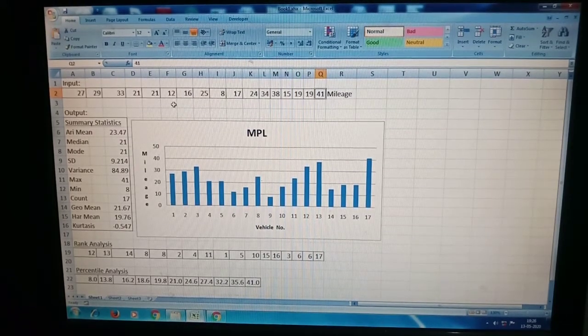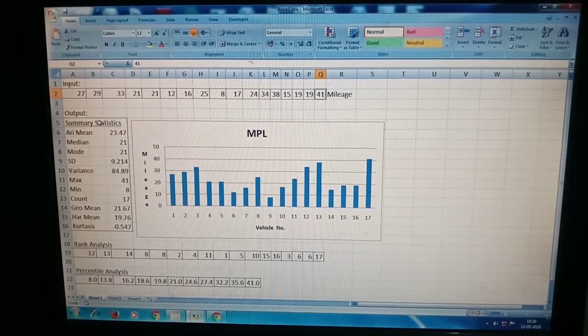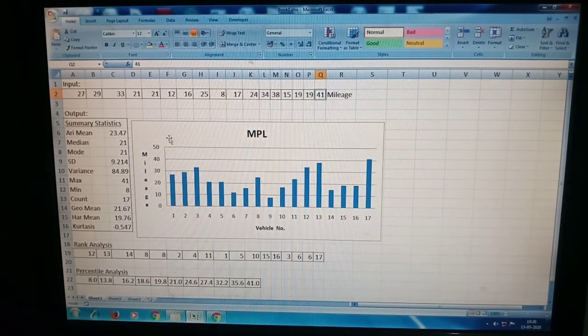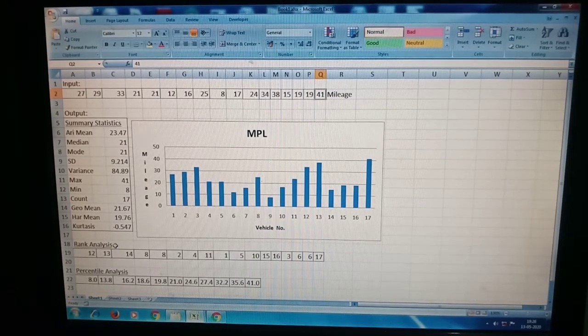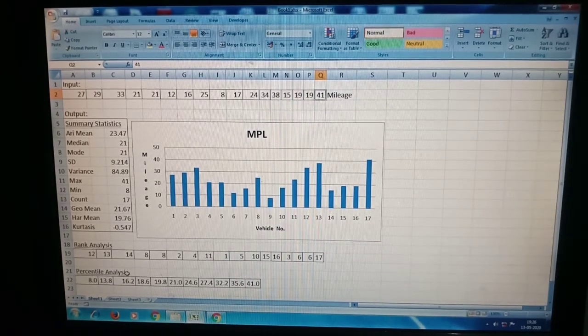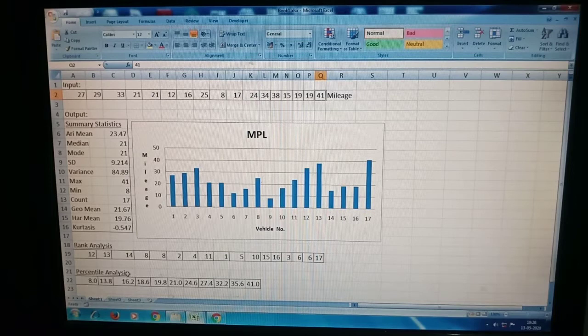This is the input given in the problem. We have to calculate the summary statistic values and draw a histogram for the values, and we have to do rank analysis and percentile analysis. We will discuss one by one.